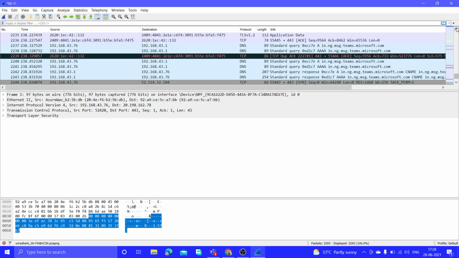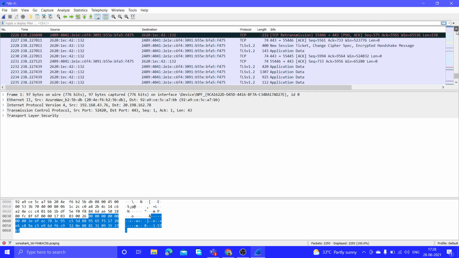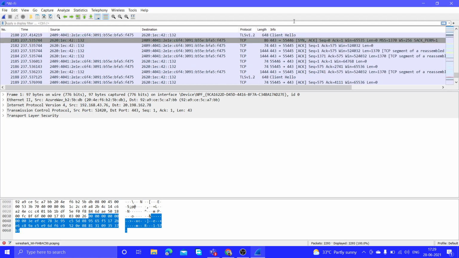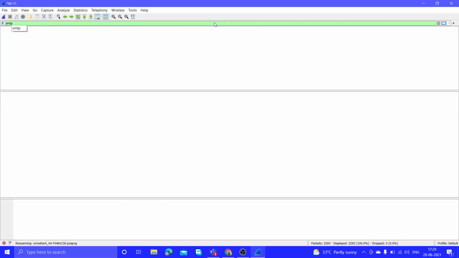I just typed in a hello command, but that's all. We need only an active connection with the email server, and then we can stop our packet capturing. Here there are various protocols as we can see: TCP, DNS and several others. For simplicity, we will just type SMTP in the display filter, and here we go.